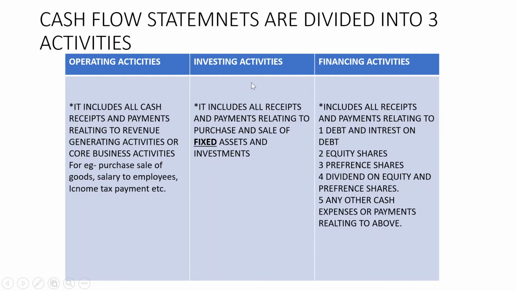Investing activities include all the receipts and payments relating to purchase and sale of fixed assets and investments. And in the end, financing activities include all receipts and payments relating to debt and interest on debt, or issue of equity shares, or proceeds from issue of preference shares, or dividend paid on equity shares or preference shares, and any other expenses or payment relating to above. You can take a screenshot of these points or